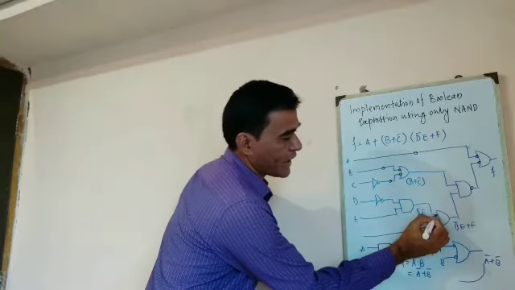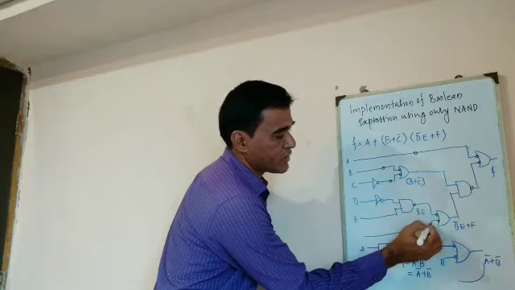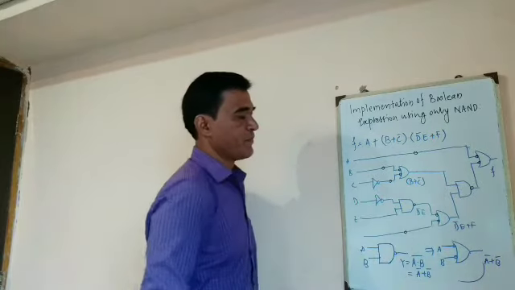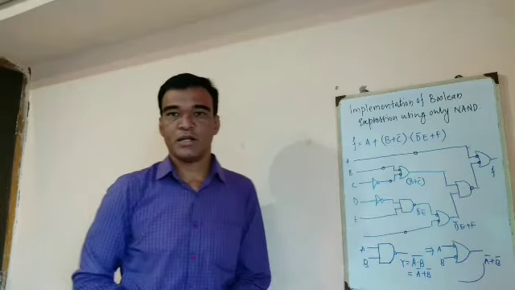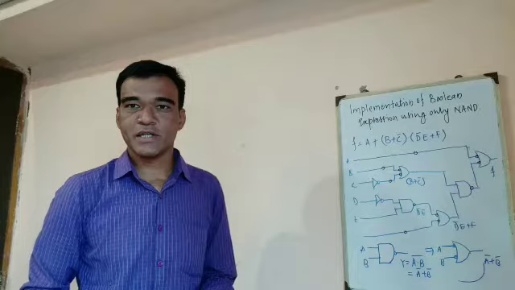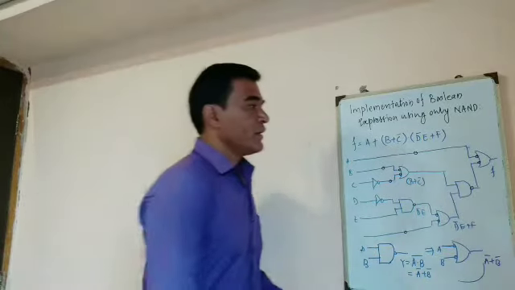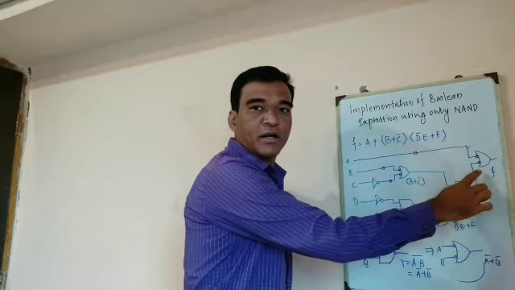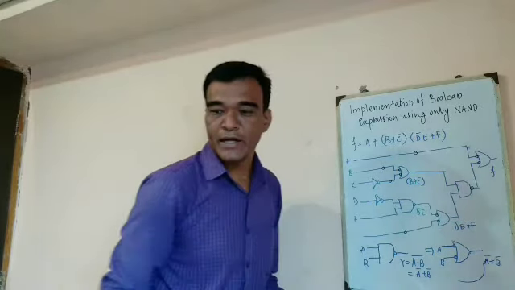For this OR gate, again I need to consider the bubbles. So this bubble I can draw here. So this bubble I need to represent here. Okay. So this is the digital circuit after considering the bubbles. Now what I need to do? This is a bubbled input OR gate, which can be replaced by a NAND gate, right?